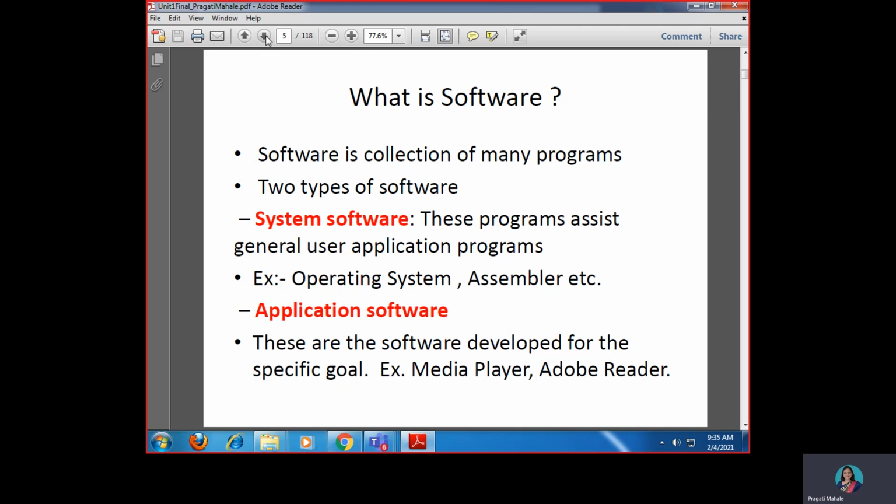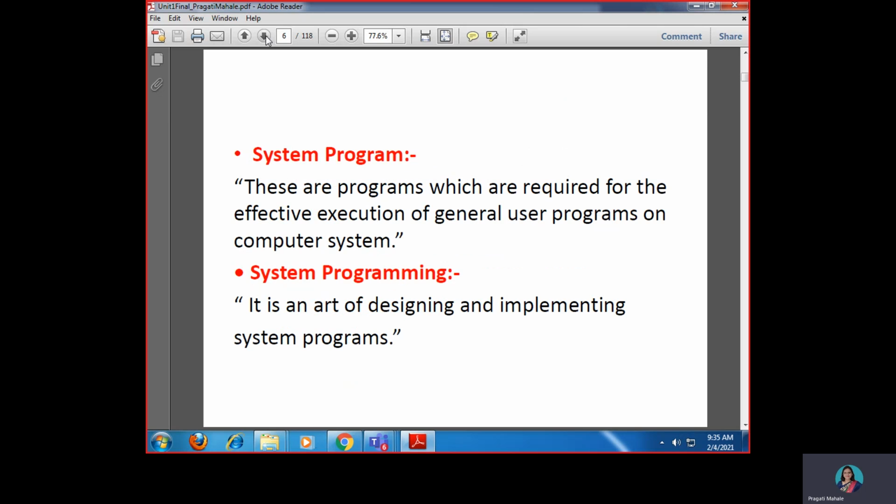All these are nothing but application software. Even a simple calculator that we are using on our system is an application software, right? So all the software, we can say, is nothing but a collection of various programs, right dear friends?